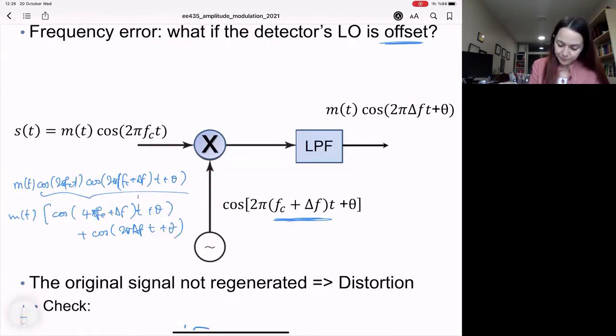Now, after the low pass filter, this component is going to be filtered out, and we have